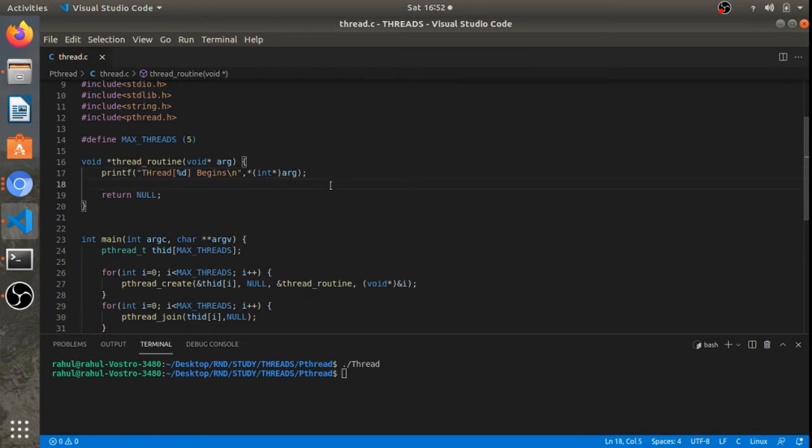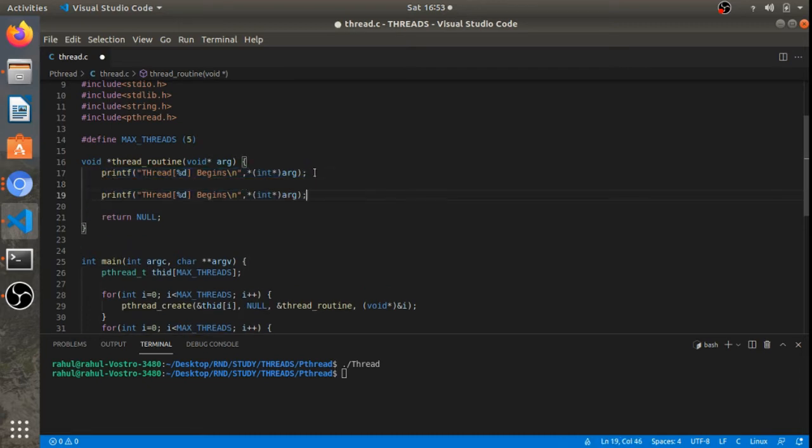So we are printing the thread ID alias over here, and then we can take the exit function also here, the thread exit, and in between we will be taking